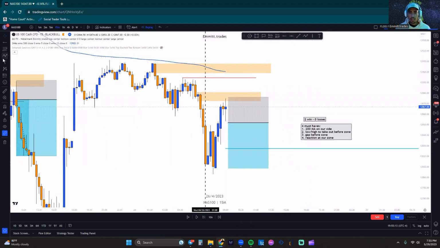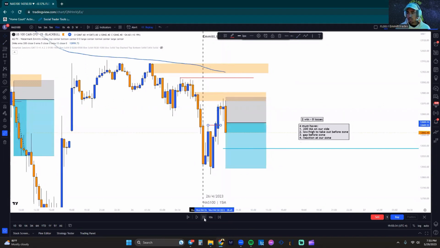Okay, and then if that fails on us, it may potentially come up into this higher zone. We're just not really interested in it because it doesn't have a gap sitting here. So it's either we take this bottom zone or we have to take this zone sitting all the way up here. And then let me mark out my high so you guys don't get confused here. Here's the high that we just took out before we hit the zone. So if we break this previous candle's lows, I'm in this trade.